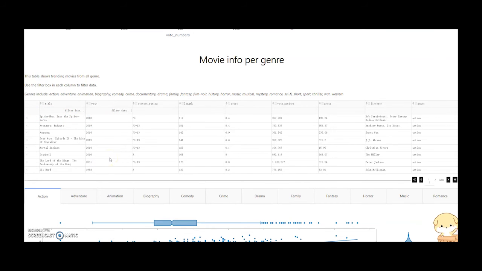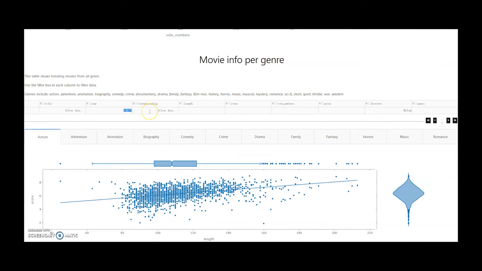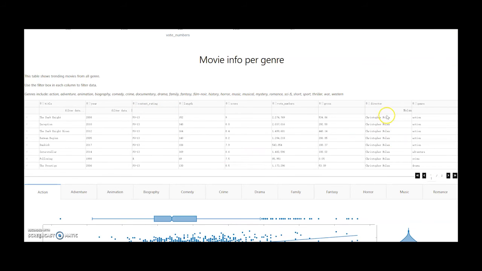Like if we want to see only movies from, let's say, after 2017, then we can just do a filter on greater than 2017. And then it will only return movies after 2017, and we can see that page number is reduced to 79. And if we want to see director name Nolan, we can just type here. And then we can see all of Nolan's movies are returned.